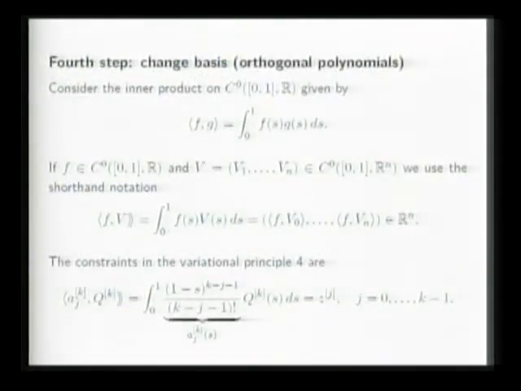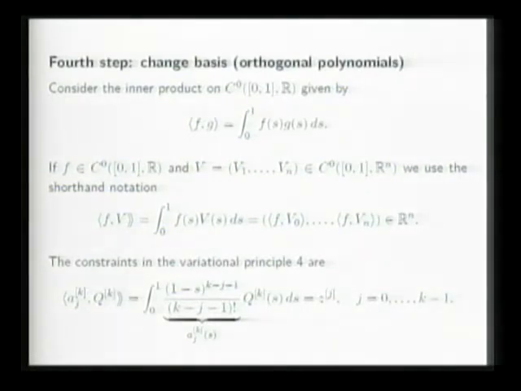And this extra step will be to change the basis of some space of polynomials. So you have this usual inner product of continuous functions on 0, 1. If you have a function f and a vector valued function v, you use this shorthand notation, which is f times v is just the inner product of f with each component of v. We use this double angle bracket to indicate that it is a vector. This is not a symmetric